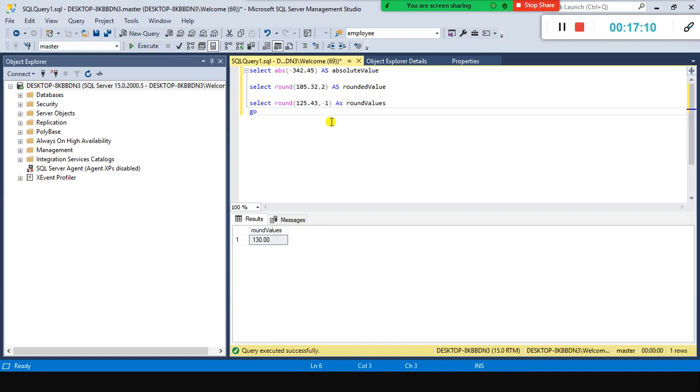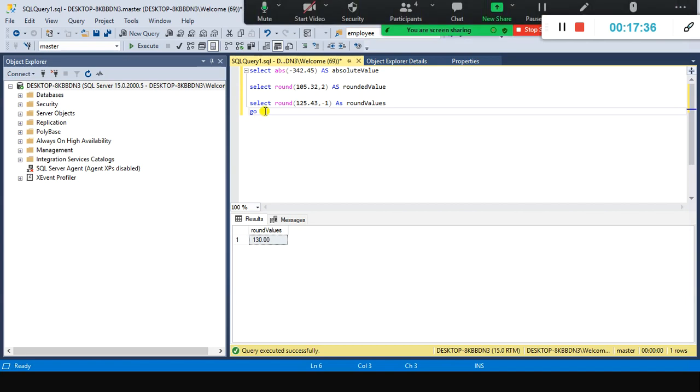So what is happening if I specify -1? It rounds the value to the higher value, so 130, the highest value. It's something like ceiling and floor, which you'll see later.